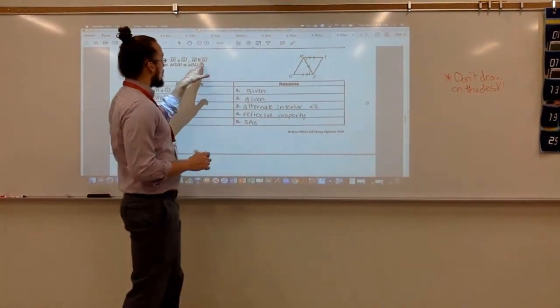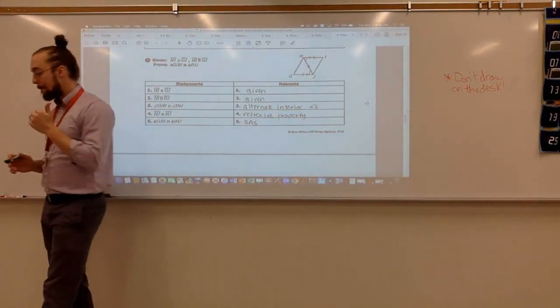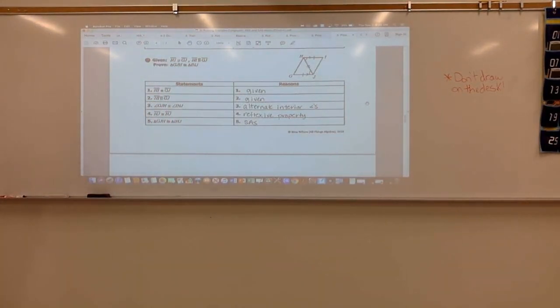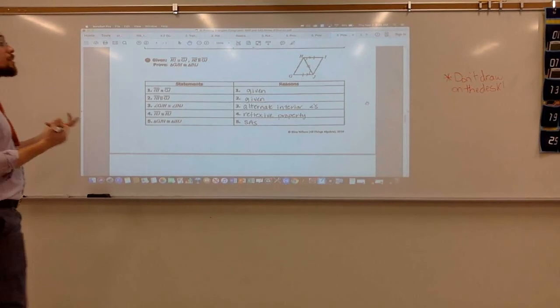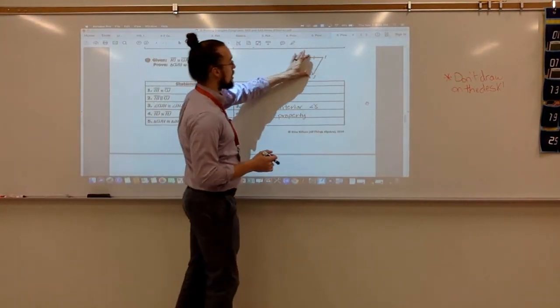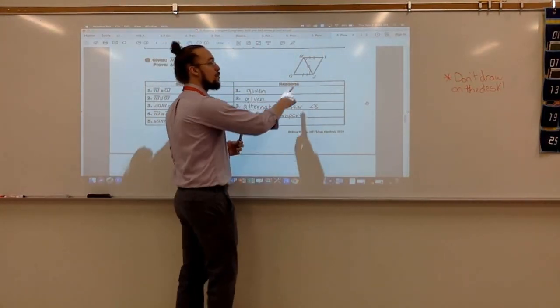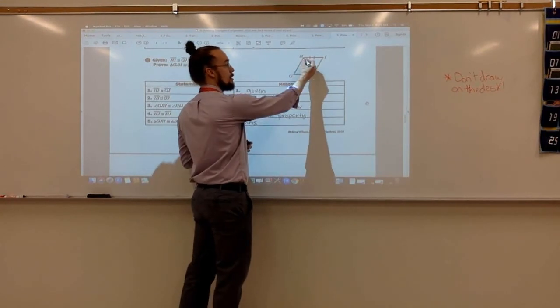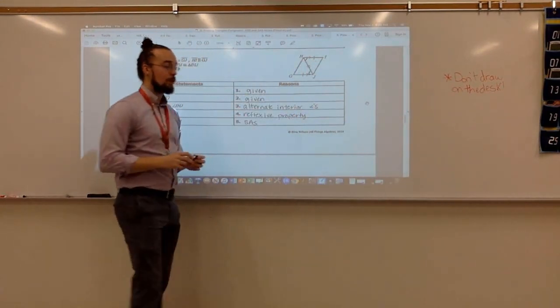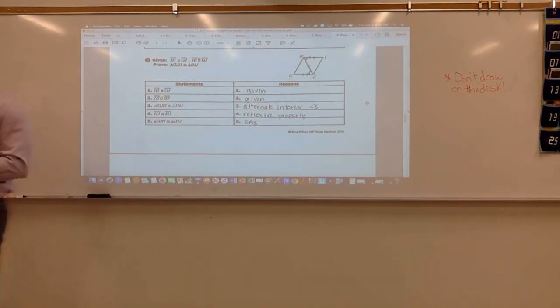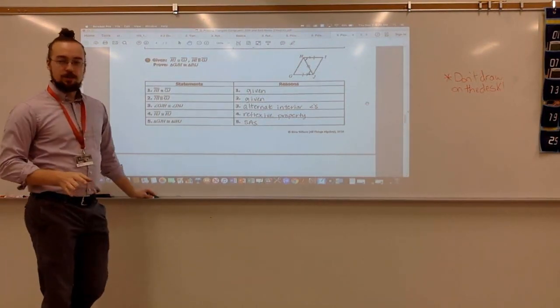If I'm given parallel lines, that should automatically tell us we're going to use something like alternate interior, alternate exterior, or corresponding angles. So in this case, we're given that these lines are parallel. Therefore, I can claim that these two angles are congruent because they're alternate interior angles. Questions on